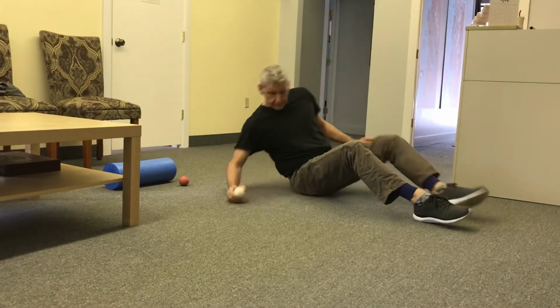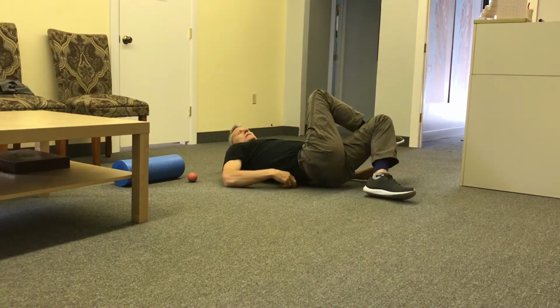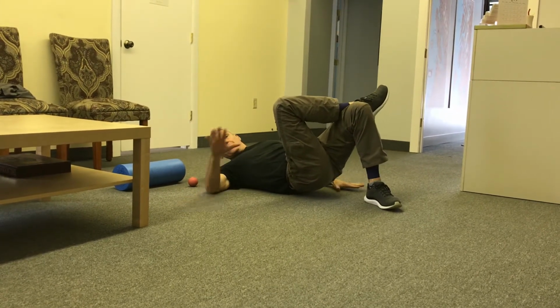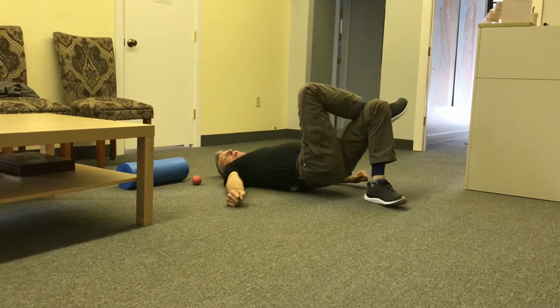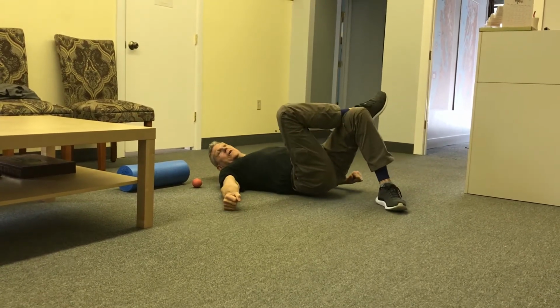Now the other is on my lower back. I'm going to get that same position again. I'm going to slide this back here, and I'm going to just roll back over. Now you can see I'm using my hands to keep myself from totally leaning hard on the ball, but I am bringing down some pretty good weight. So again, I can find those tender spots and press in there for 3 to 5 seconds, get off, move